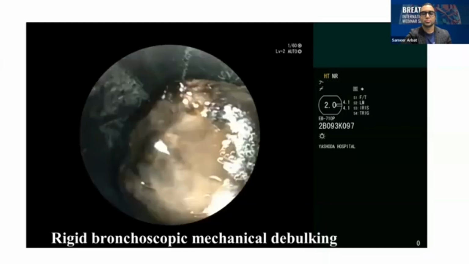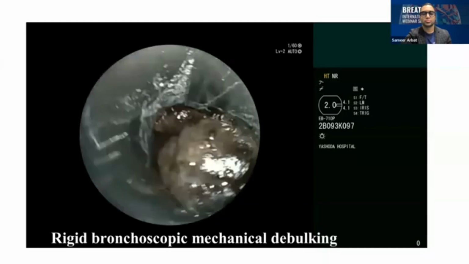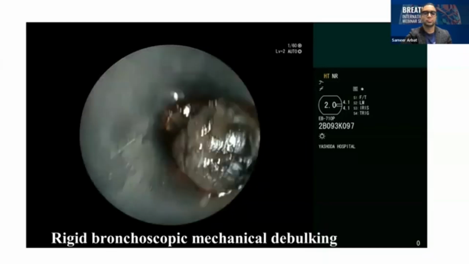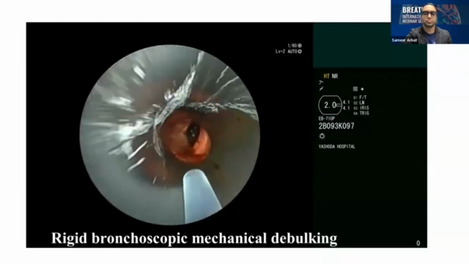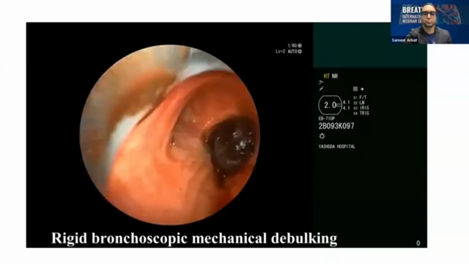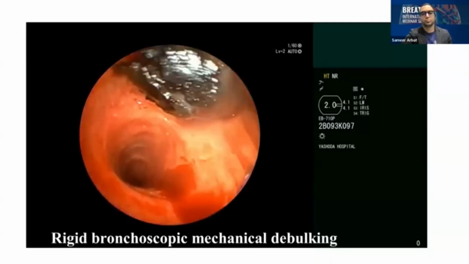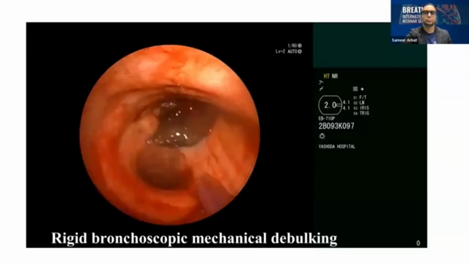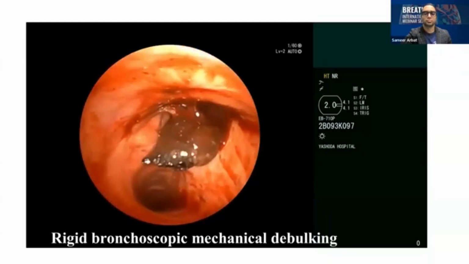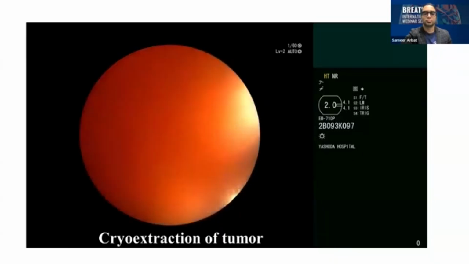The advantage of using the rigid bronchoscopic debulking is that the rigid bronchoscope also provides a tamponade effect. So any bleeding that happens gets restricted, and you are able to safely do the procedure. So now once the tumor is completely debulked with the help of a rigid bronchoscopic coring or debulking, the portion of the tumor is cut, and now I will be retrieving this portion of the tumor with the help